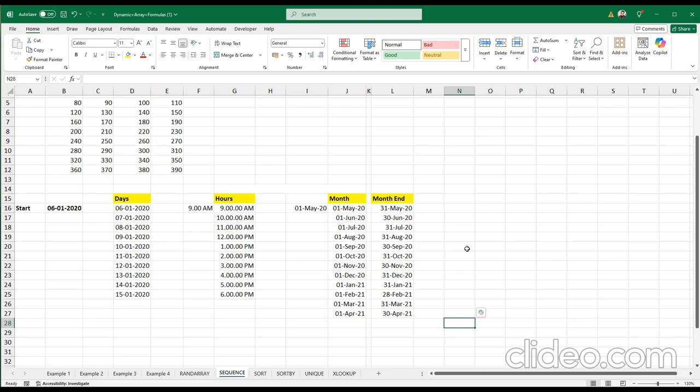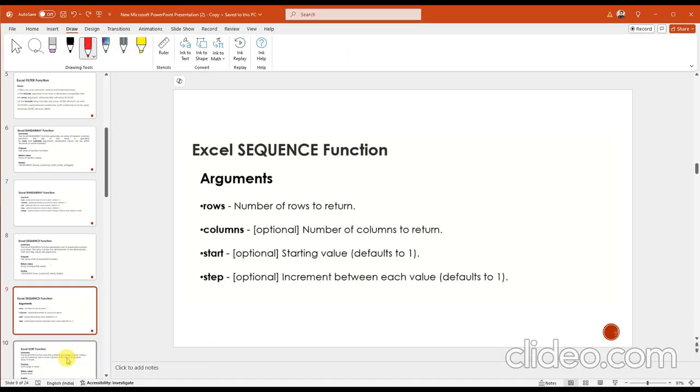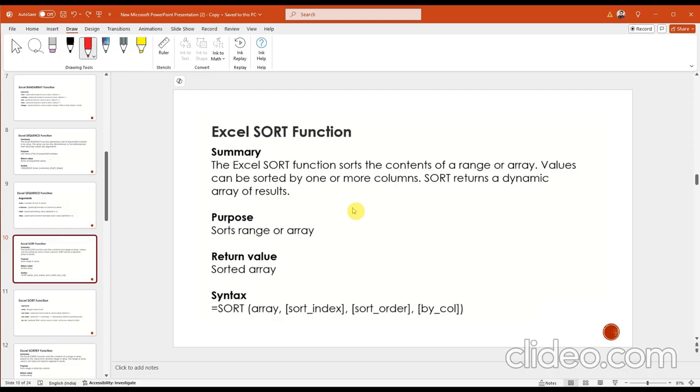So I hope this function is now clear to you with these three different situations. Okay. All right. Now, moving towards the next function of the dynamic array, the sort function. So the summary of the sort function is that the Excel sort function sorts the content of a range or an